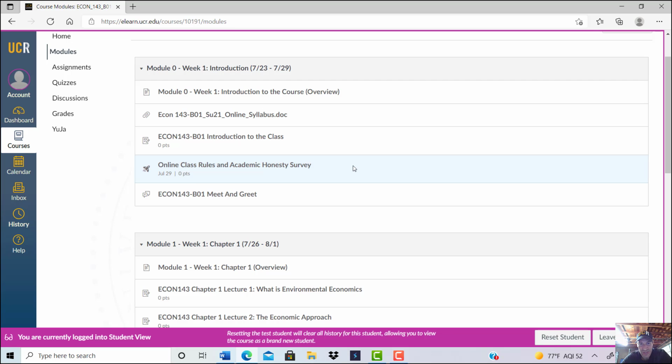And then the last 3 questions are similar to that goals contract I have on the homepage. That's going to ask you, what are your goals for this summer session? What are the challenges you anticipate in reaching those goals? And then how do you anticipate you're going to overcome those challenges? So if you want to see an example of how I answer those questions, you can check out my goals contract up on the homepage.